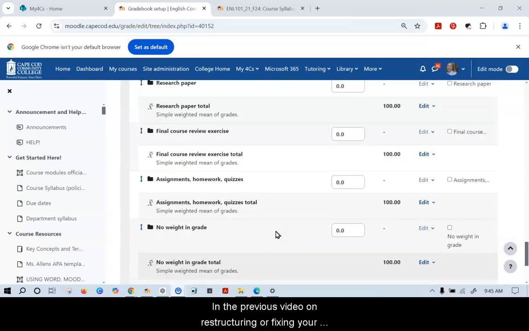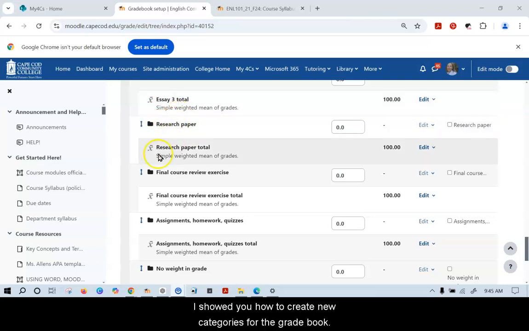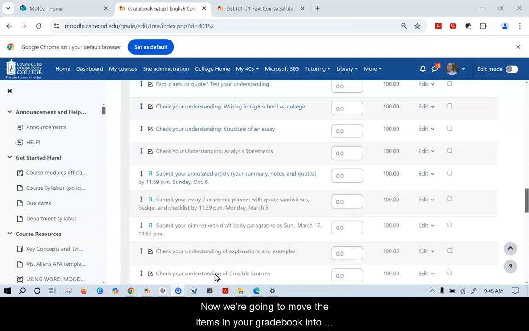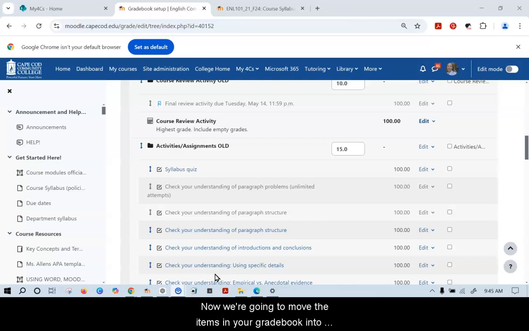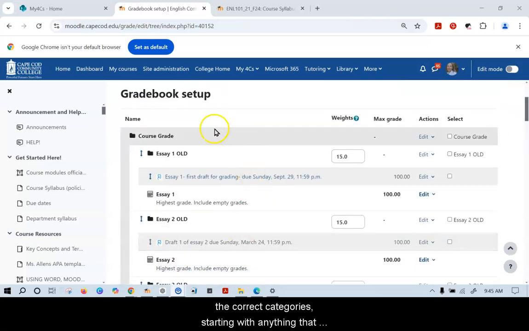In the previous video on restructuring or fixing your grade book once the semester's begun, or if you already have grades in it, I showed you how to create new categories for the grade book. Now we're going to move the items in your grade book into the correct categories, starting with anything that you have in the old